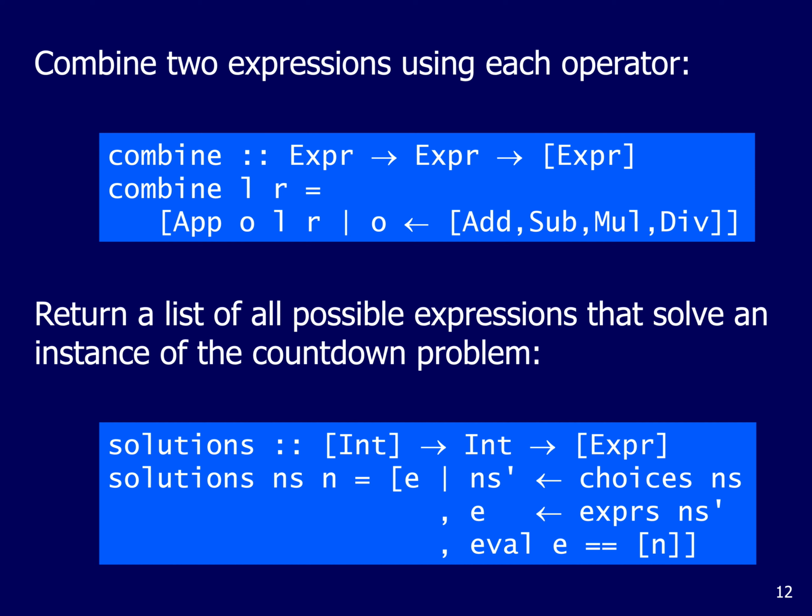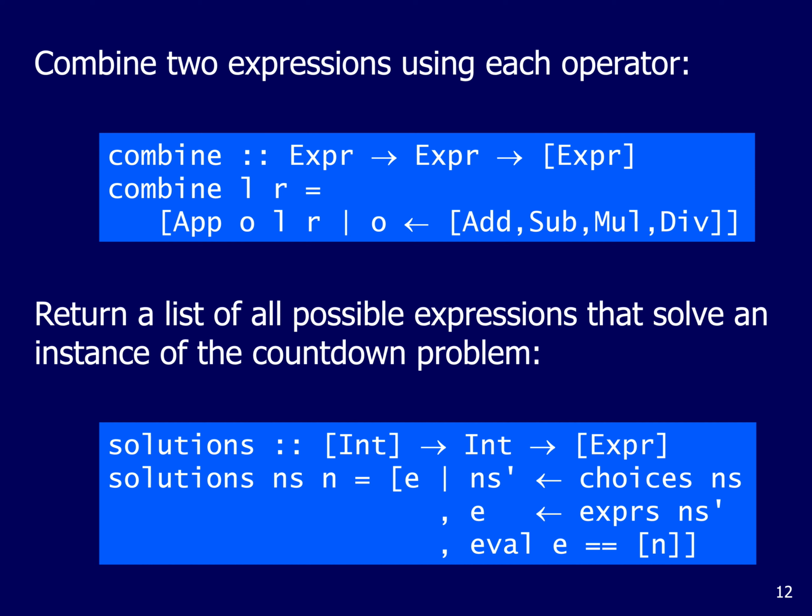In the second line, we have another generator, and we're going to call the exprs function, and that's going to compute for us all possible expressions whose values are precisely that list of numbers ns prime. And then we'll consider each of those expressions one at a time, and then in the final line, we have a simple guard which simply evaluates the expression e and checks